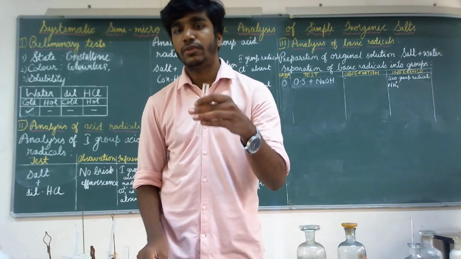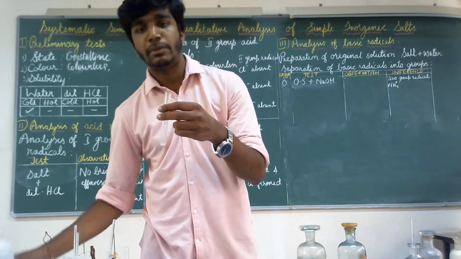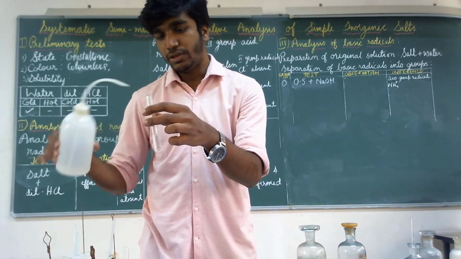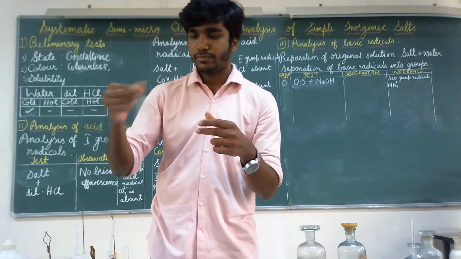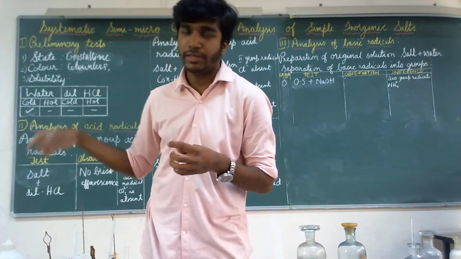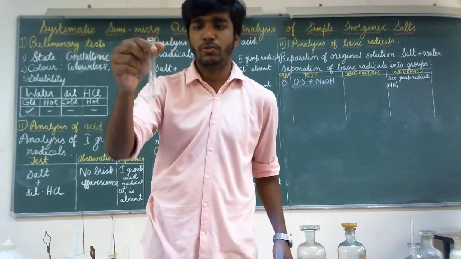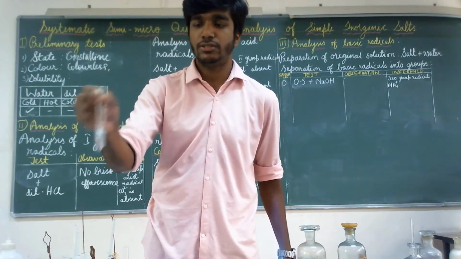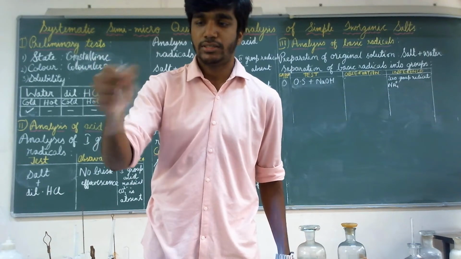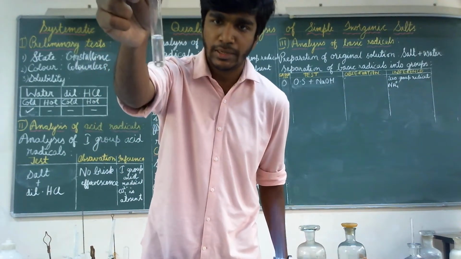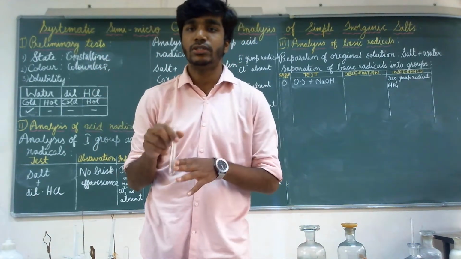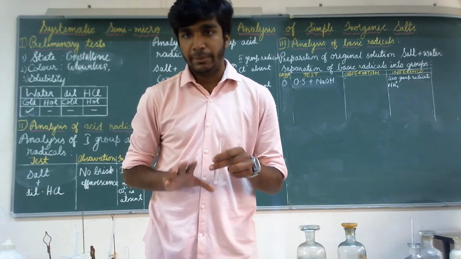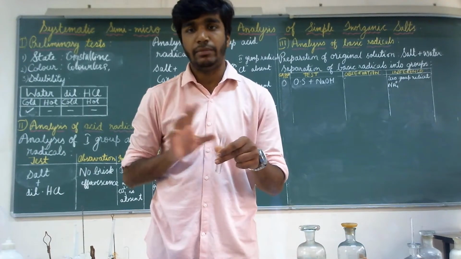We'll make a solution out of it by dissolving it with its respective solvent. The solvent to this salt is water, because we have performed solubility and we have determined that they are soluble in cold water. Now I have added salt to this test tube, and I also added some water. I have dissolved this salt completely in this water. Now to this solution we will be adding barium chloride.